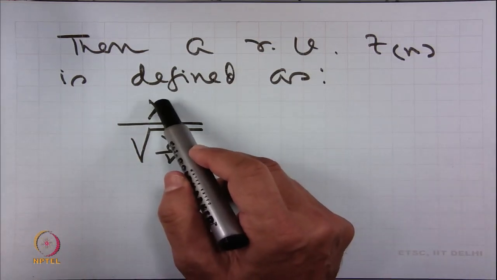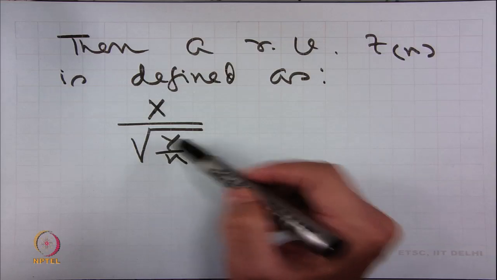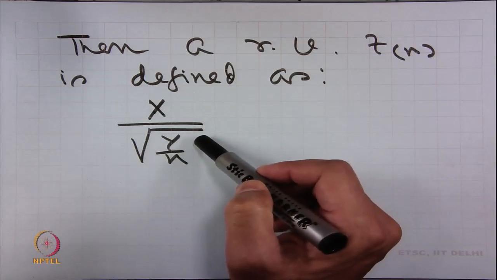X is a normal variable, y is a chi-square variable,